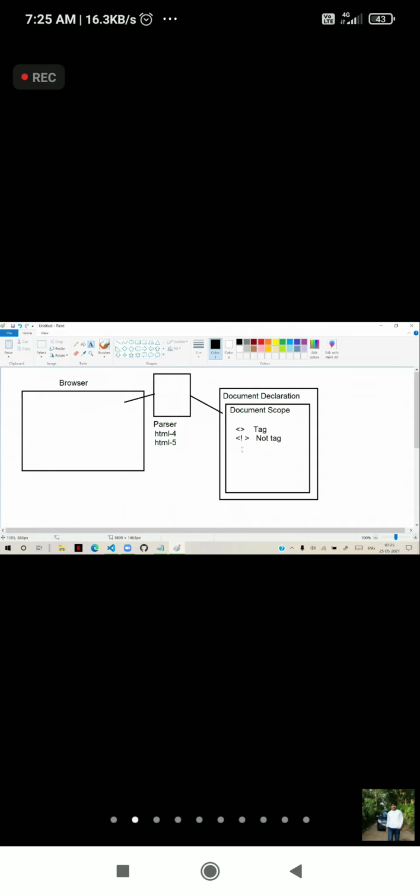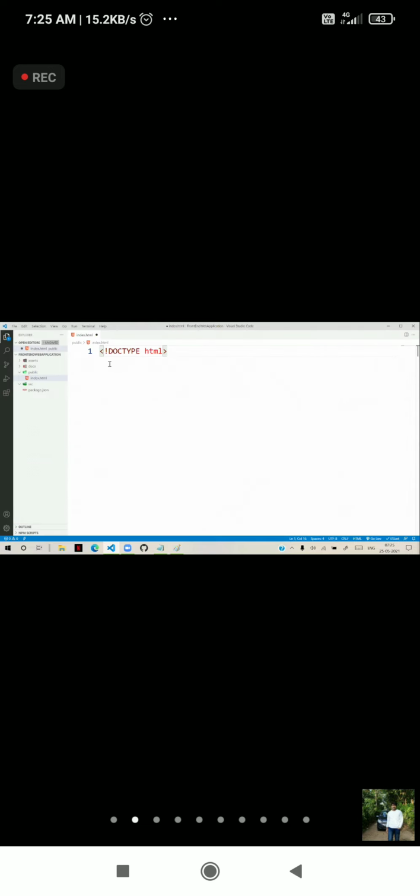If it is not a tag, that means it is not going to present anything on the page. It is just to tell the parser that you are using HTML version 5.